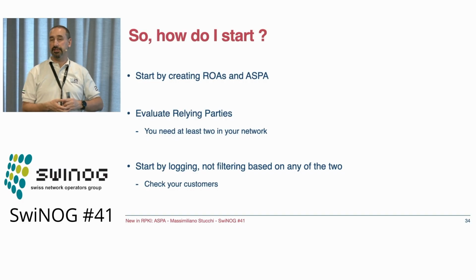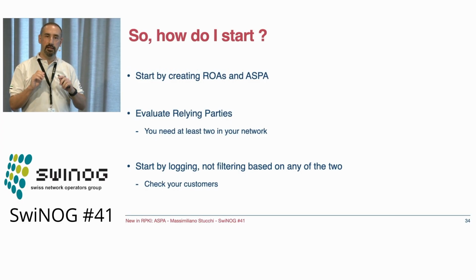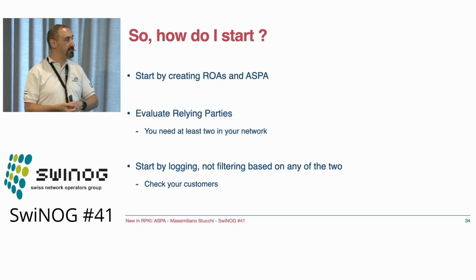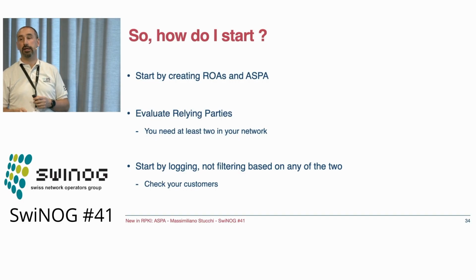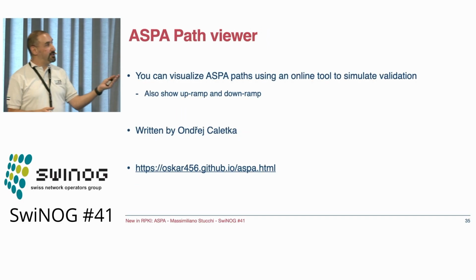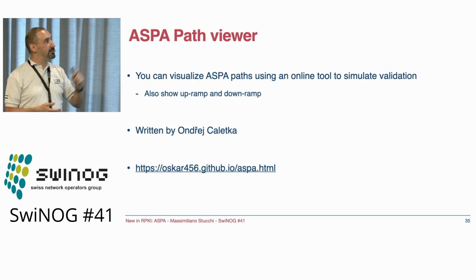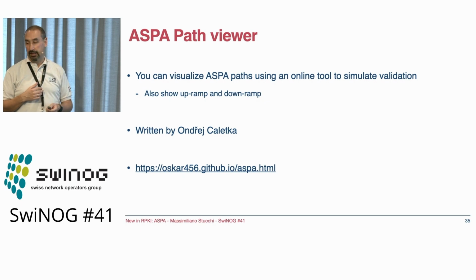There is a recommendation that was given initially with RPKI, which was to tag your RPKI validation state into a community. I would not recommend doing that, especially now for ASPA, because ASPAs change more often than ROA states. So that would increase the number of BGP updates in the wild, so I would not do that. But I would start logging whatever you find with ASPAs. There is a software written by Andre at RIPE-NCC to validate and visualize ASPAs and the validation states. So I would start having a look there as well.